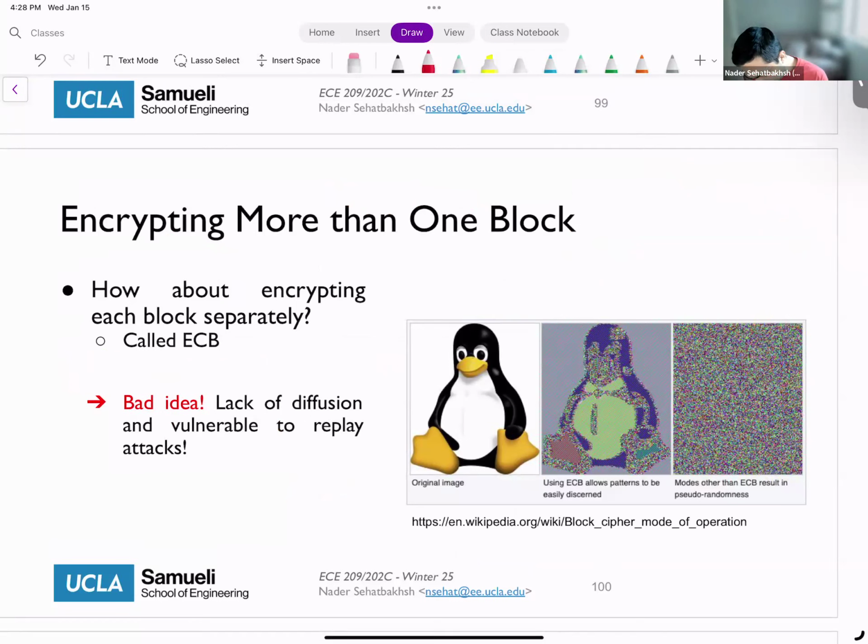So the ciphertext that is created by this block and this block should look very, very different. Otherwise, if this and this look similar, then the adversary can see the pattern, and that's not what you want to achieve. What you want to achieve is something very random looking. So we need to be very, very careful when we are designing our block cipher. If each input results in the same output, or at least close to the same output, then we're not going to achieve